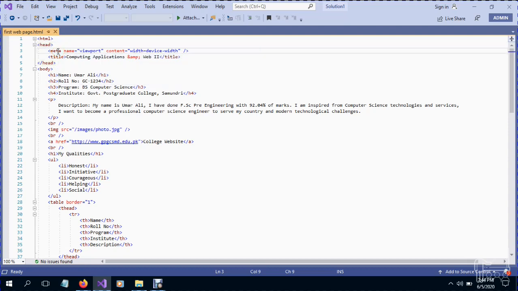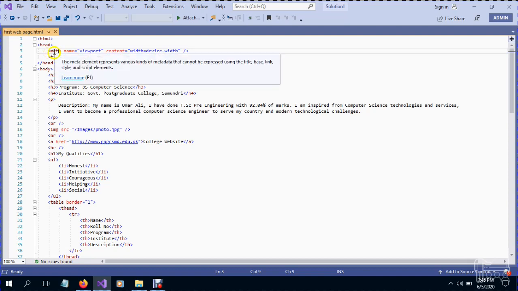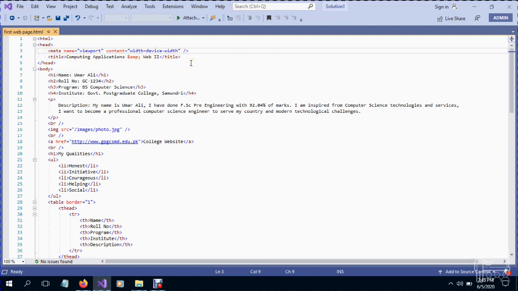One is meta. Meta is something known as data about data. It's metadata. It describes the different screen sizes, like Android screen sizes. Many laptops and computers have different dimensions and screen sizes. So this tells the viewport to adjust according to the device width. This is a directive that tells the browser how to render the view of this markup.